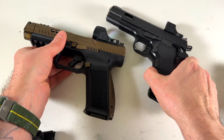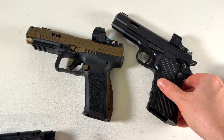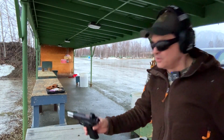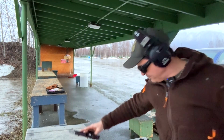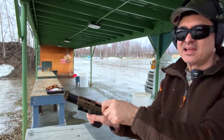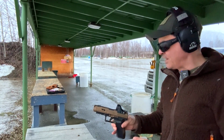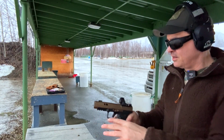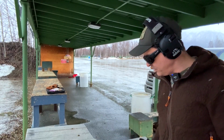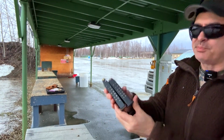So really interesting matchup. Let's take them to the range, give you my final thoughts. All right, we got an interesting comparison. Good old Stealth Arms Platypus versus the Canik TTI Combat Master. Both similar sized barrels. This one has a comp. Both really good triggers, and both with the 17-18 round magazines,